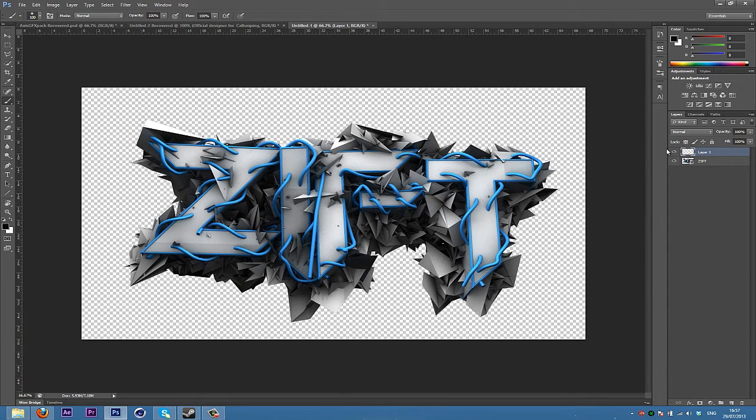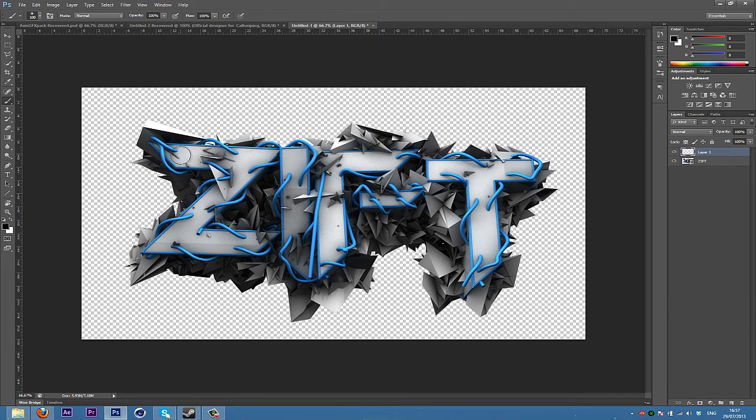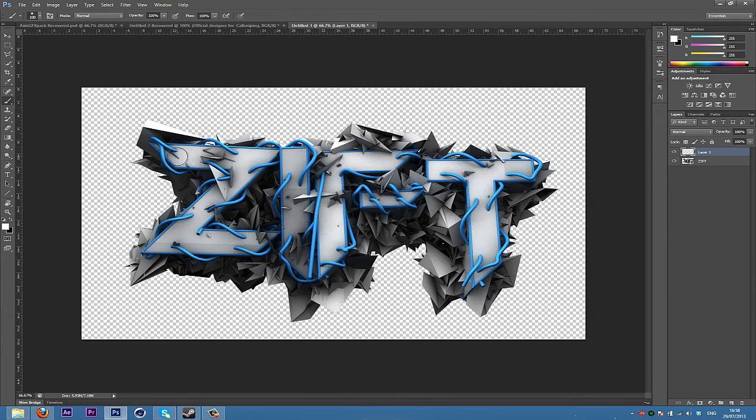Then grab a brush, make sure it's a light, white brush, about the size of the inside of your text. Down here, put it into the white there, and then drag it along the inside of your text,